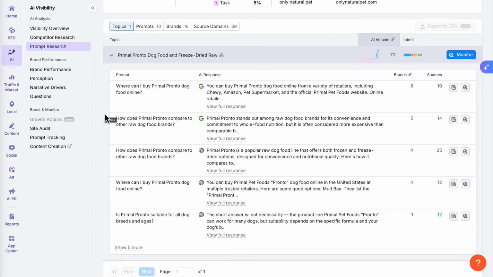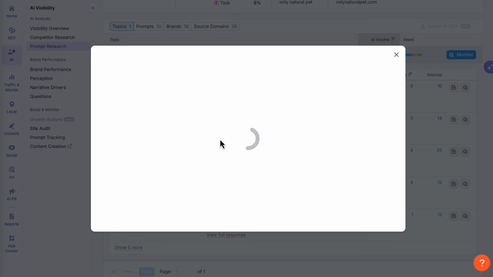And then you can see the number of brands that are mentioned within that response and the number of sources that are cited, meaning where is the AI going and pulling from in order to generate this AI response here. So you want to look through this table, you want to look at the different prompts and find the ones that are relevant to your business. And then if you find one that is relevant to your business here, you can click on view full response